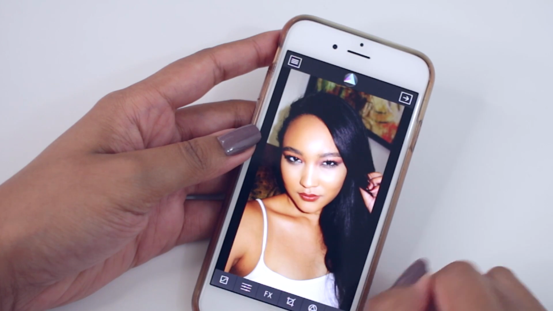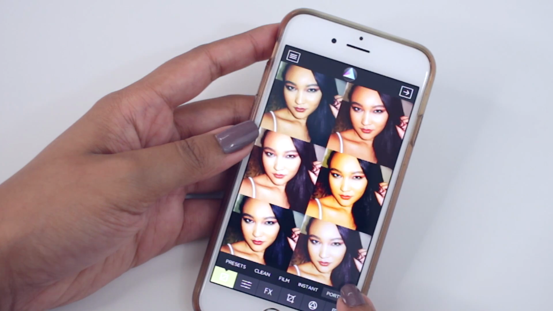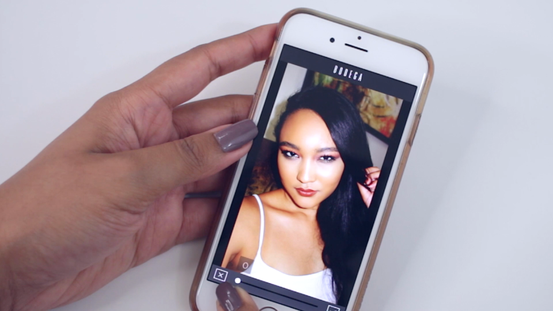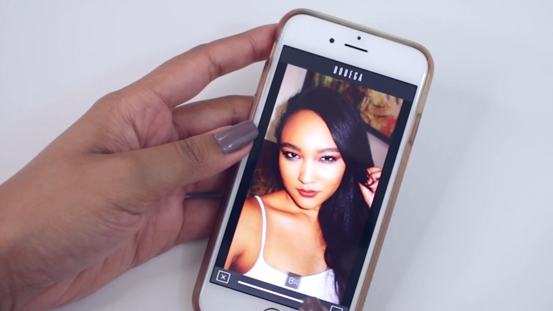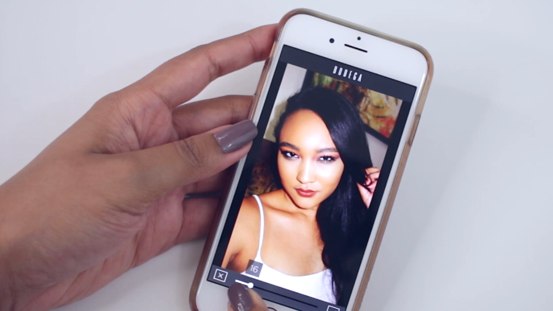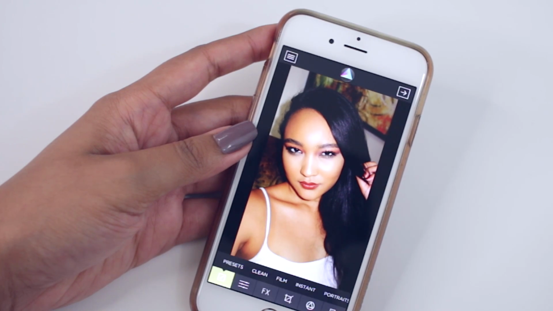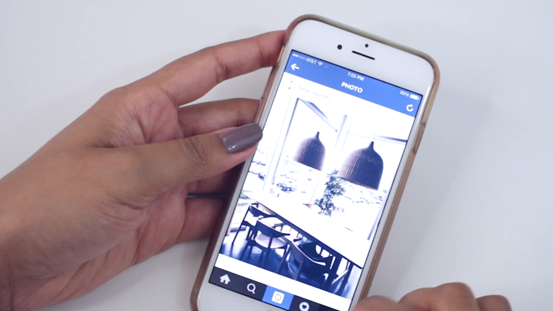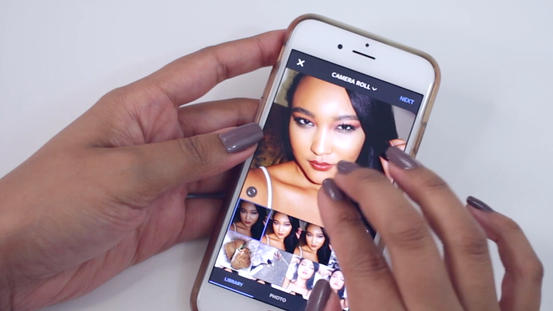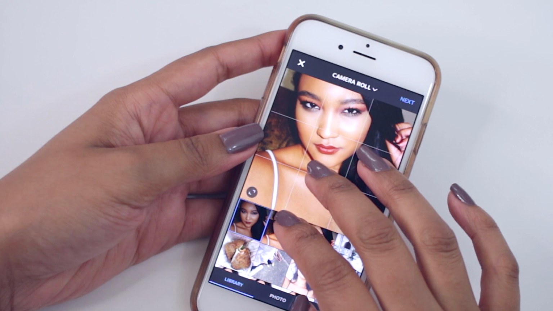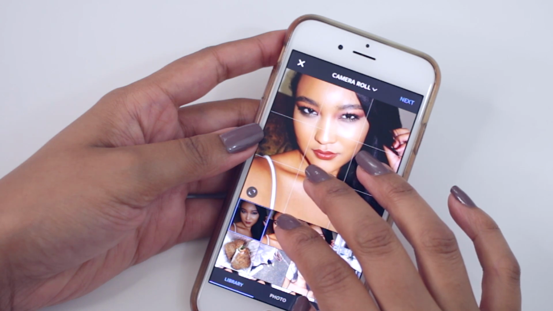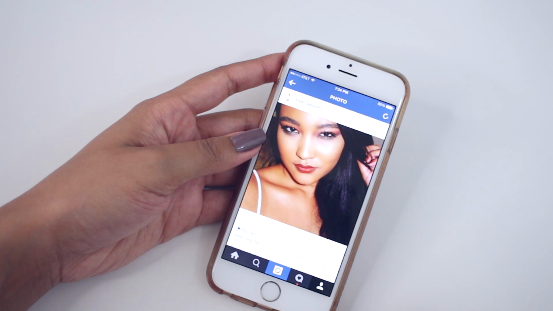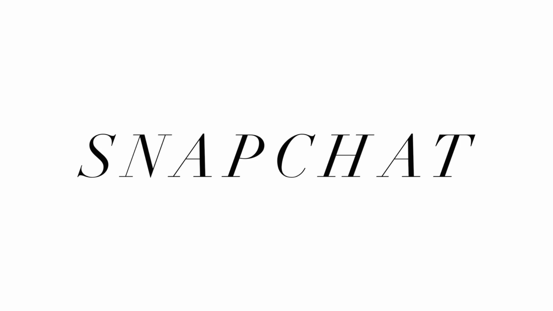I want you to see the makeup. I want it to look like my skin, but just a little bit better. If I do add a filter, I like to use Faded again, and I just go through and look for a filter that I really like. I don't usually use the filter all the way up. I'll bring it pretty close to none sometimes, and then I'll save it. And then this is how I upload it to Instagram. So I will position it, and I love the fact that Instagram created a way where you can upload a full photo and your feed still looks consistent.